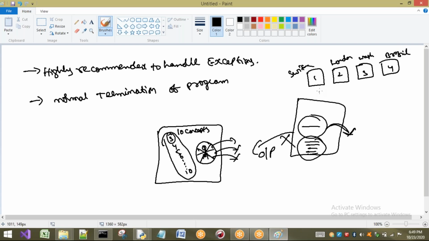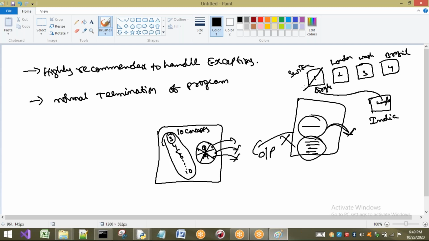These are the 4 servers of Gmail or Google, I can say. Google servers: server 1, server 2, server 3, server 4. I am from India, a person who is going to access Google from India. Let us consider I want to access my Google account. I type google.com, for example, or gmail.com. First the request will go to Switzerland, for example.